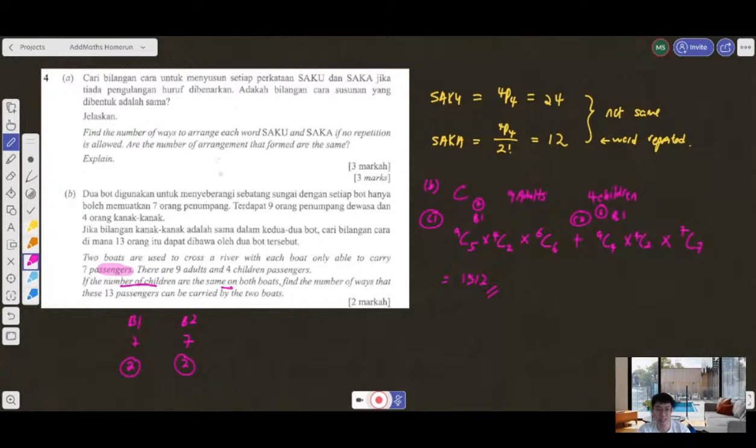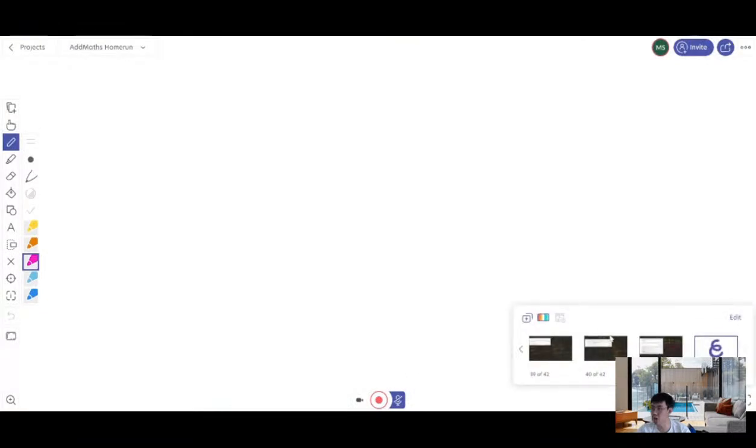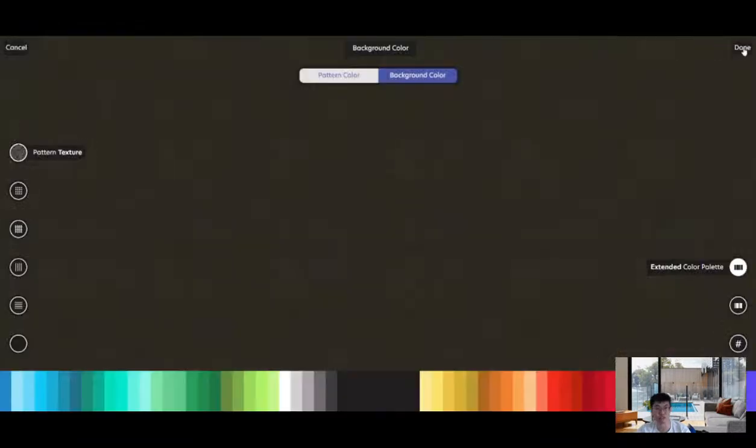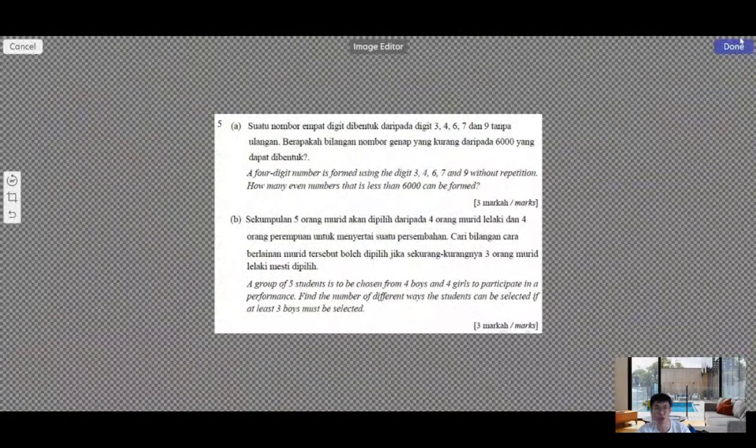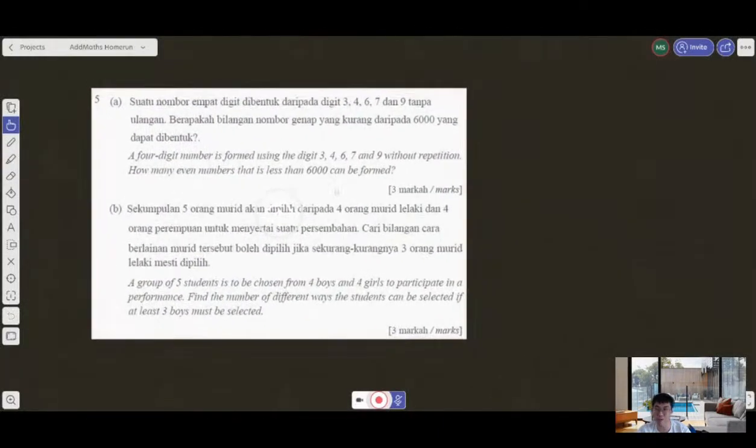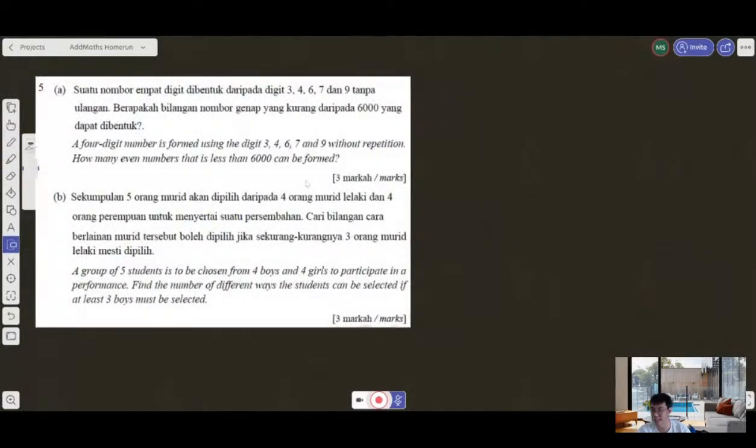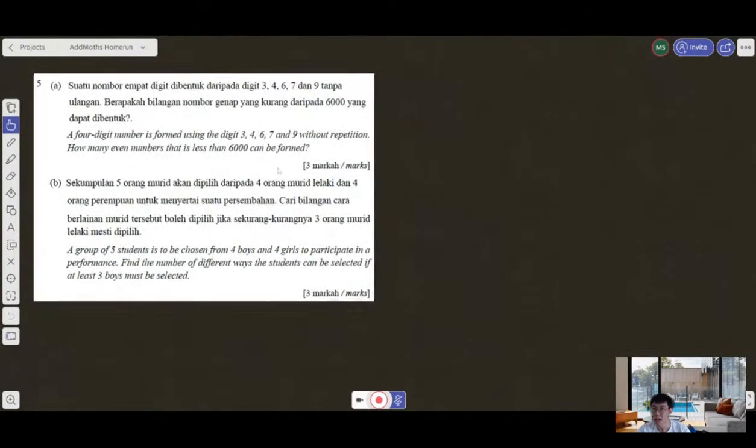Okay, next question. If we take a look at this part here, last question for permutation combination, we are going towards probability distribution. That one will give a lot more marks, but let's finish off this part first. A 4-digit number is formed from 3, 4, 6, 7, 9. For sure it is permutation because it is a number. So I want a 4-digit number, and I must make it more than 6,000. I must make it an even number. More than 6,000, I can put 6,